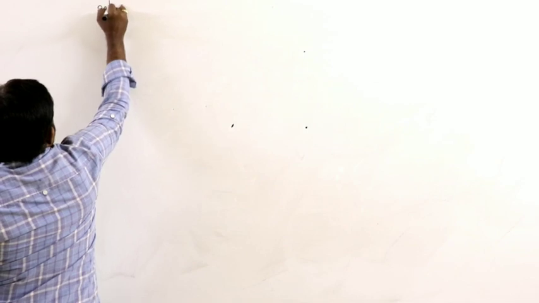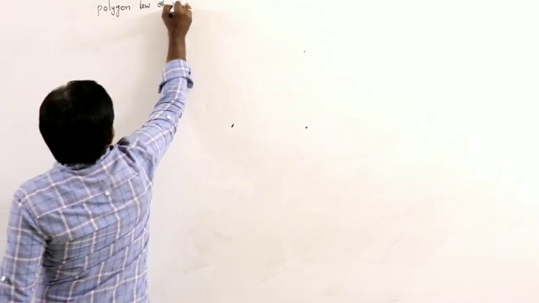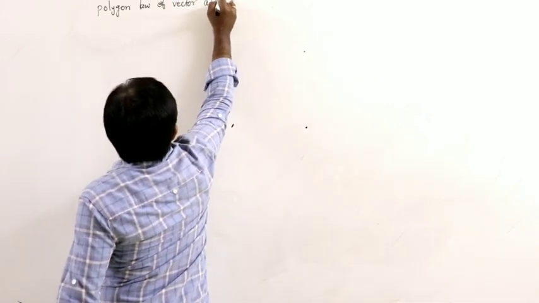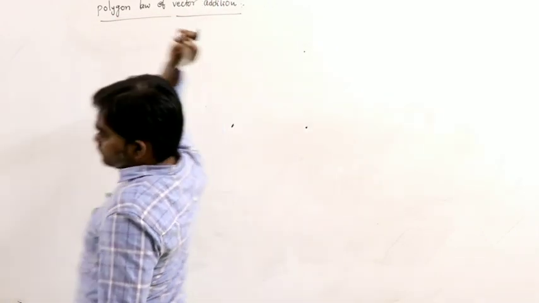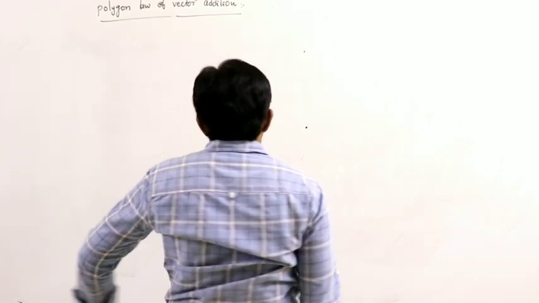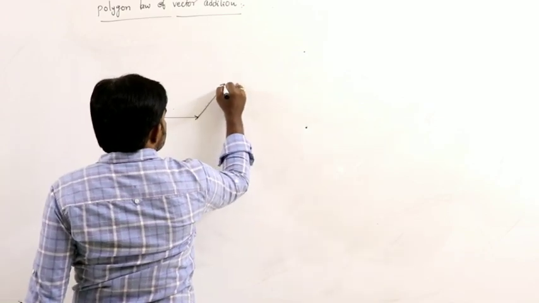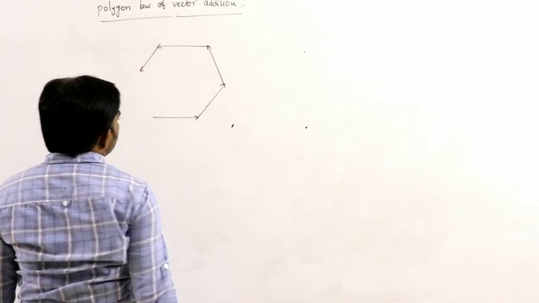What is the polygon law? Poly means many sides. If a number of vectors are acting as the sides of a polygon taken in order,